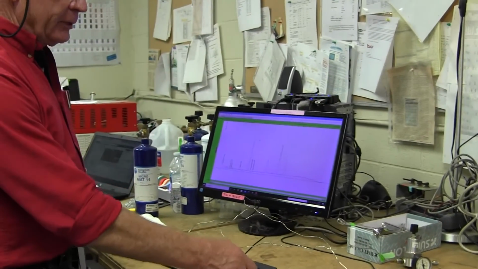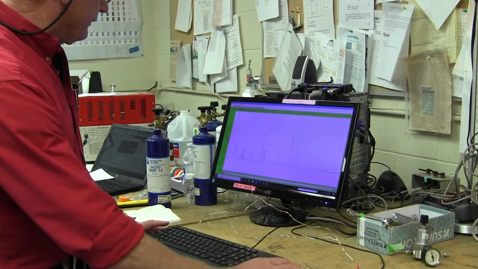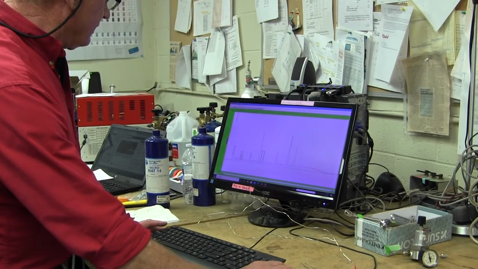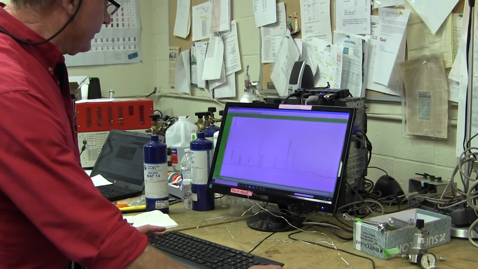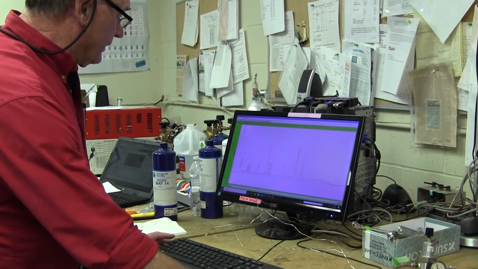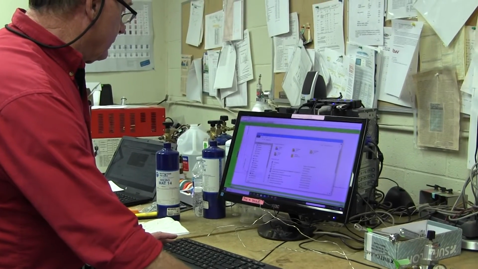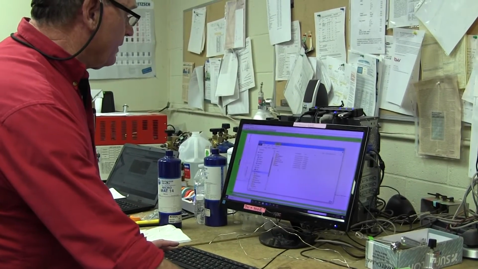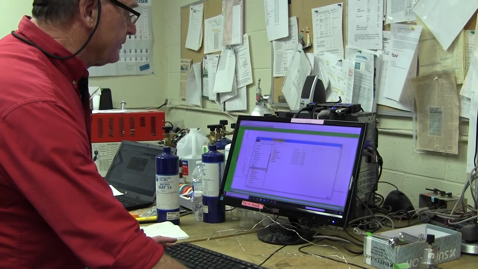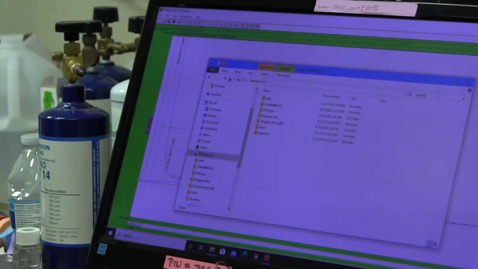In earlier operating systems like XP, it was very easy to find this file. But for some reason in Windows 10, this file is buried in a very obscure location. So to find it, we have to click on the File Manager and then go to the C drive, and then up in the right there's a search window. So we type in PEAKWIN.INI,